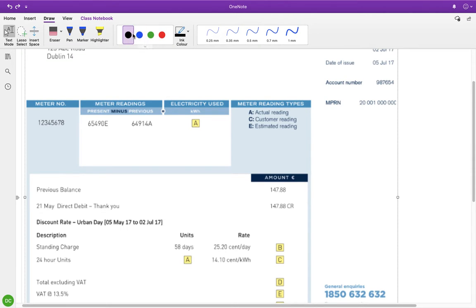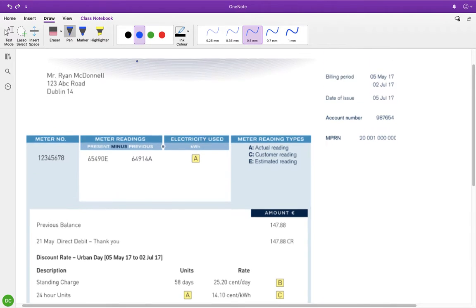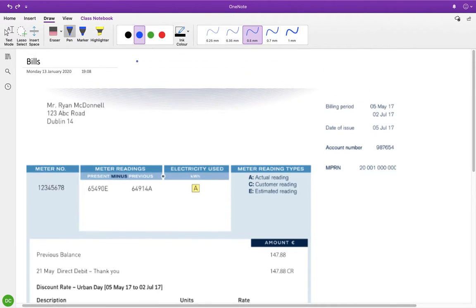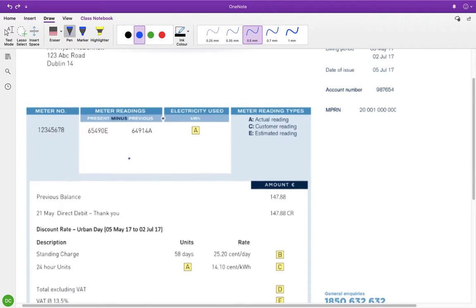So when you're given these bills, it normally looks like a bill. It doesn't always, but it normally does. So the first thing you need to work out here is A. And A is, you can see here, the electricity used. They give you the previous or the old reading of the meter, and they give you the present reading of the meter. So to figure out A, you literally do